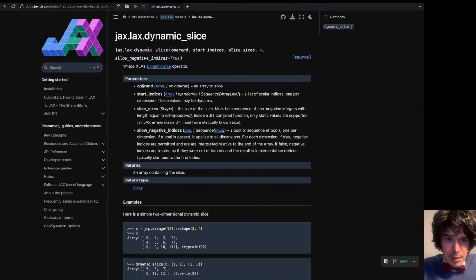This is an operator that takes an array and then an array of indices that are allowed to be dynamic, and then an array of slice sizes. So that's like the length of the slice. So instead of the low, high, we have like a low and then length API for the slicing. And then this is going to allow us to compute the value of that. And so this is basically going to set up JAX to internally do a slice. However, there's a couple of things to look out for, which is that,